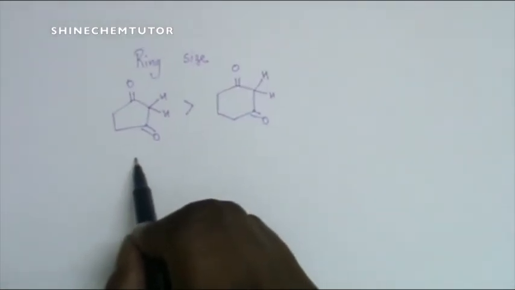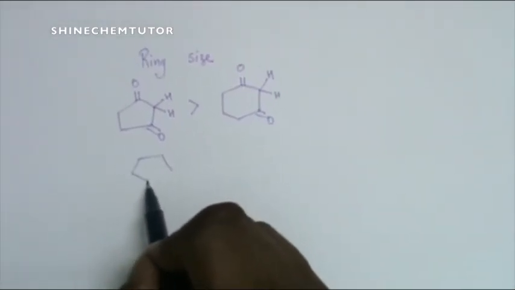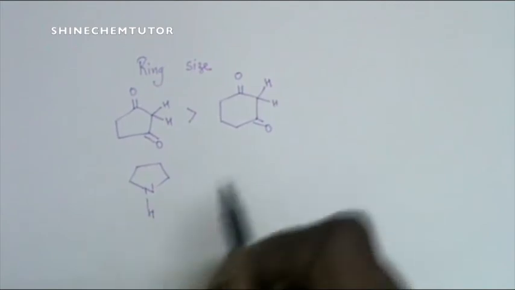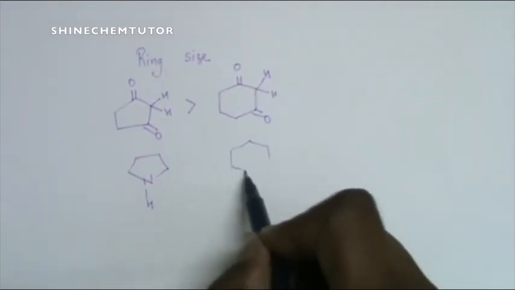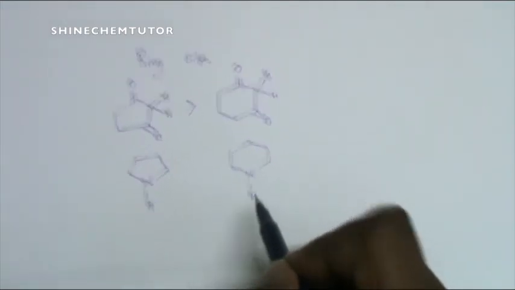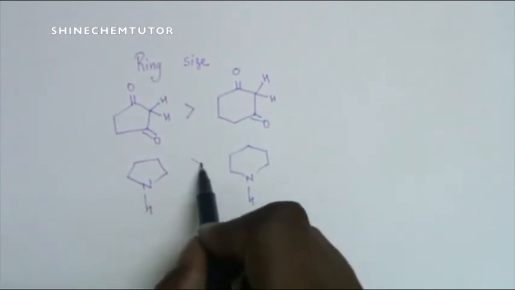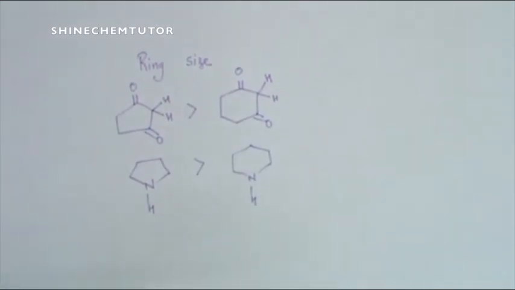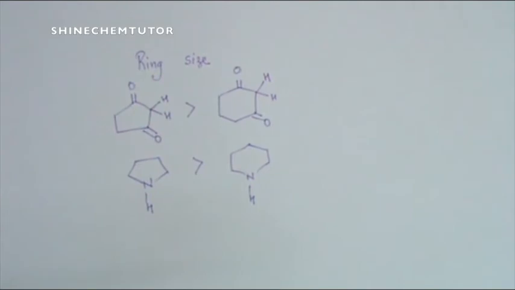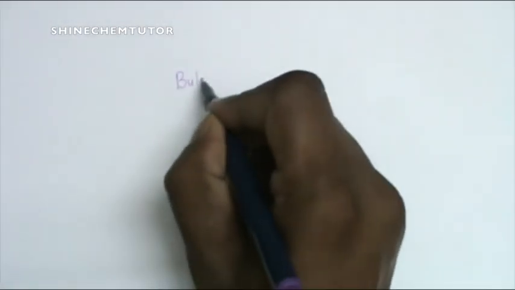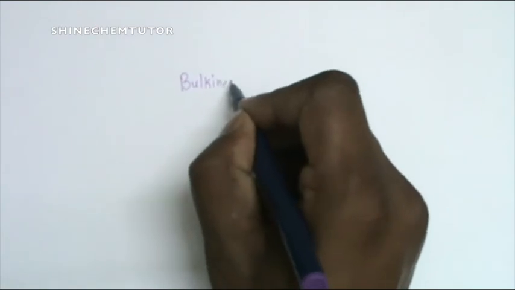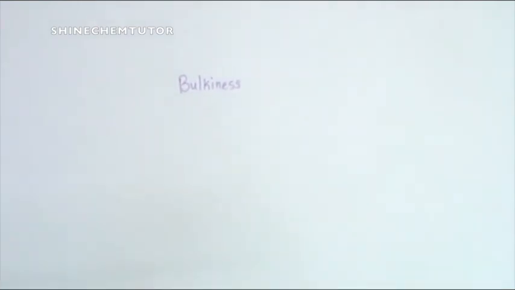Similarly, when I go for pyrrolidine and piperidine, pyrrolidine is more basic compared to piperidine. So the ring size can affect the acidity and basicity to some extent. The last point is bulkiness. Already we have discussed